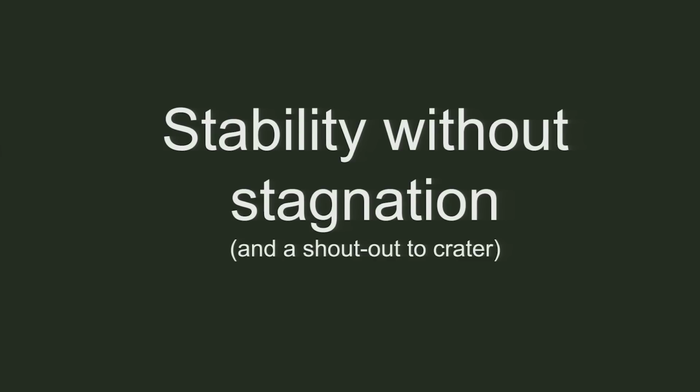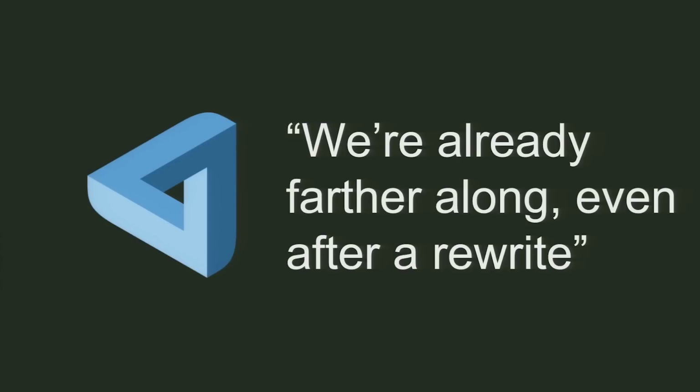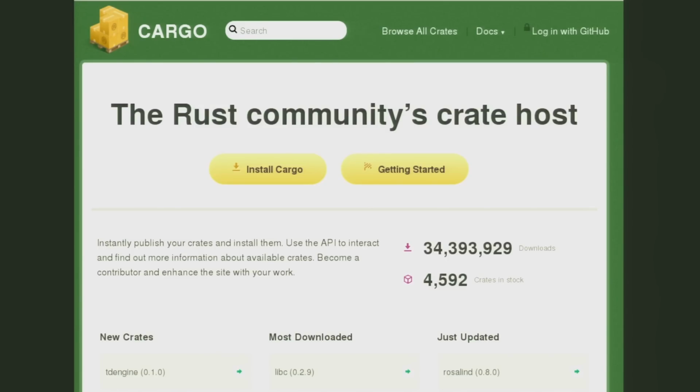But there's one thing that he did not talk about because it's sort of Rust specific, and that's, a shout out to Crater. So remember that I told you that 34 million number was a little sketchy. One of the things that we do on a regular basis is we download literally all of the packages and try to compile them. So we actually have a tool. So the release is coming out on Thursday. The branch actually happened yesterday, and we're currently in the process of building the release artifacts.